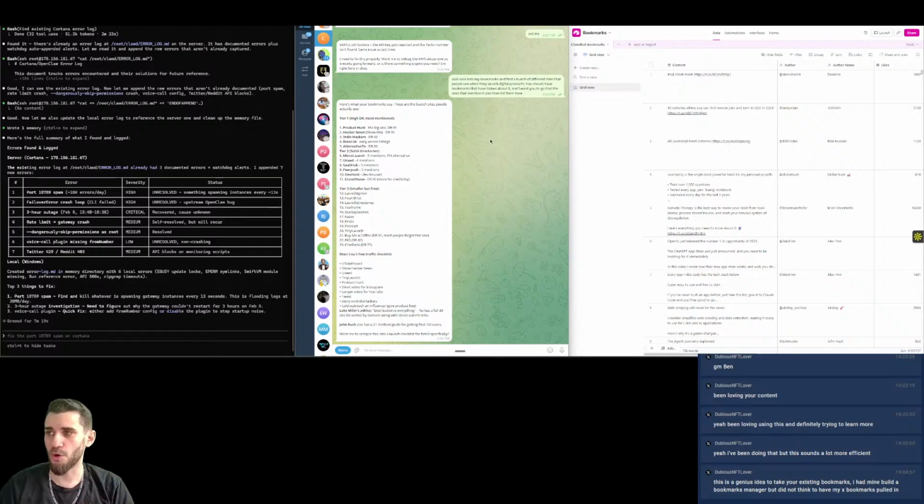So think about all the bookmarks that you've saved over the years, not even just this week, over the years, that you're like, man, I wish I could go back to that, or like open tabs that you have. I have so many of this stuff. So that's what I'm doing with that. And I could probably build a product around this now, right? How many people want access to their bookmarks in a much better way to be able to search through them, make content around them, or just, for example,